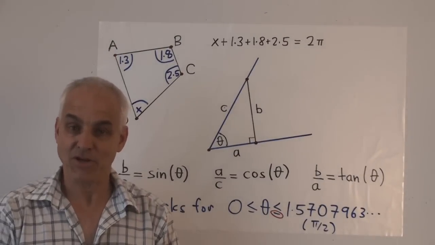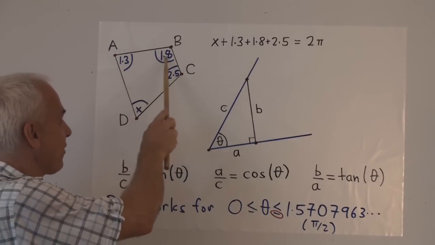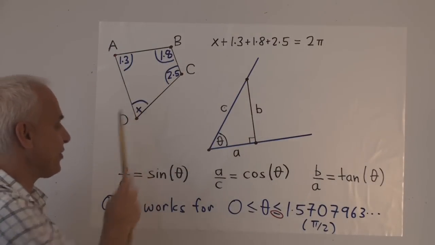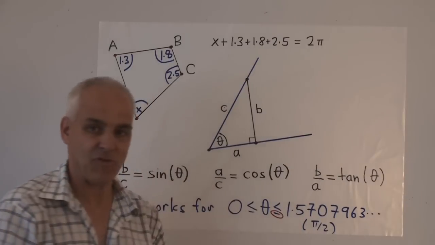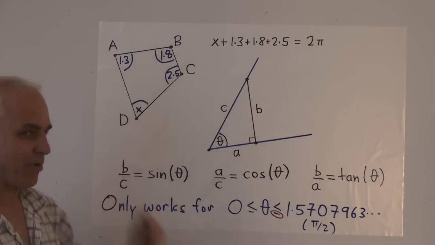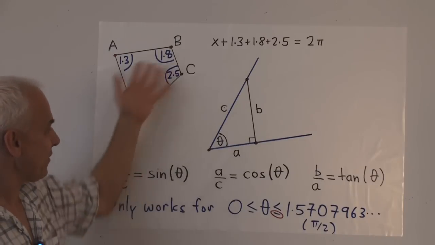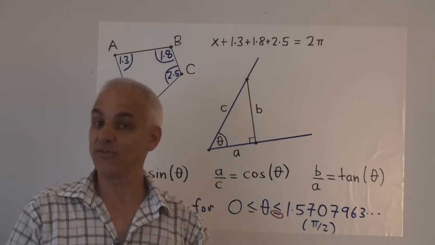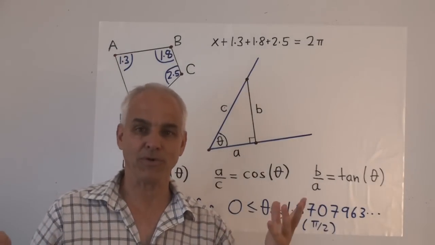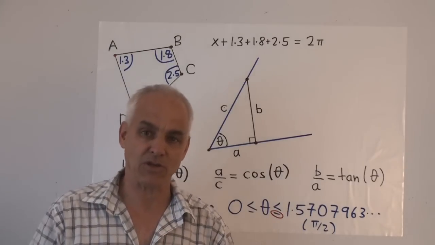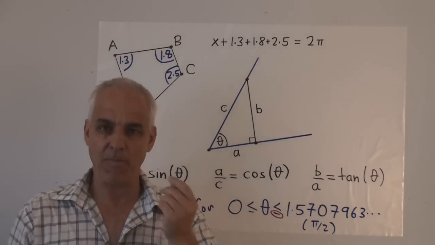When these young people are being taught this subject, they're often given many questions like this. Here's a quadrilateral and you have three of the angles, and we will want to know the fourth angle. It's not too hard because the four angles sum up to 2 pi, assuming you have appropriate convexity and you have a picture that represents the angles correctly. This kind of question involving angle chasing gives students confidence, but it's often a misplaced confidence because out in the real world of applications, engineering, surveying, and so on, this kind of angle chasing is usually not the core problem.